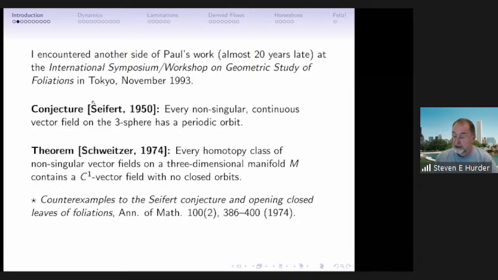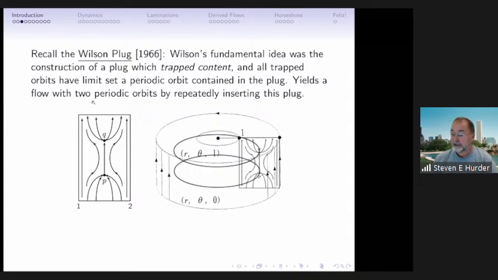And so it wasn't until we had this seminar that all of a sudden the meaning of this problem popped up, at least for me again. And I just wanted to recall, to explain what was going on, that what Paul had done is taken an idea of Wilson from the 60s, where he took a flow on a 3-manifold and inserted these plugs. I hope the picture makes it look like a plug, because it's an annulus cross an interval.